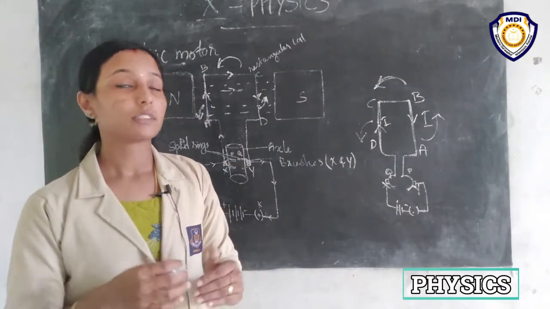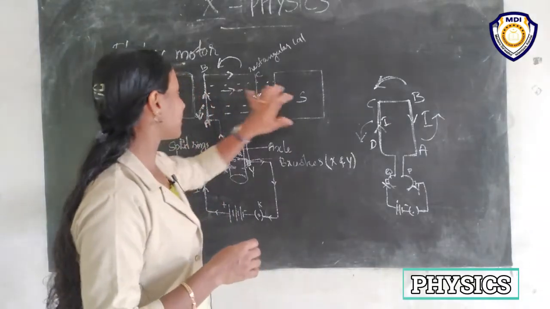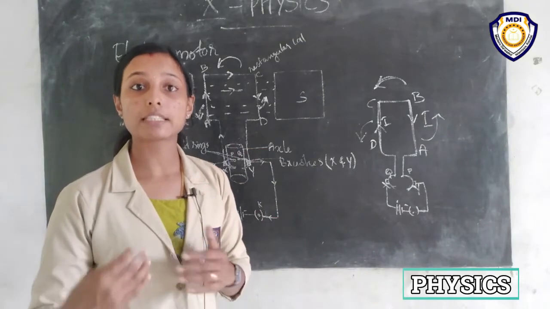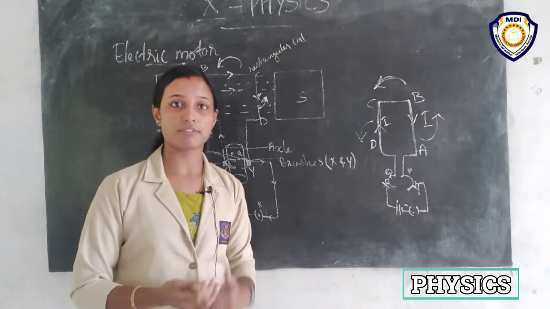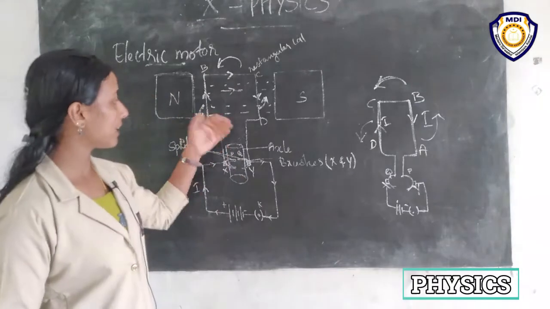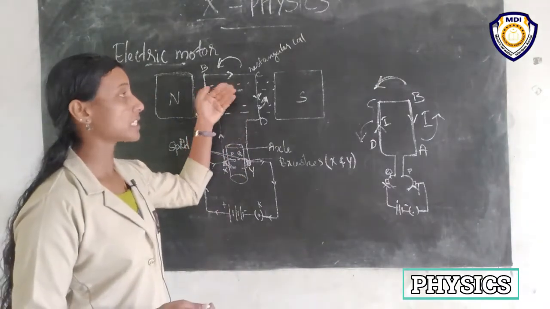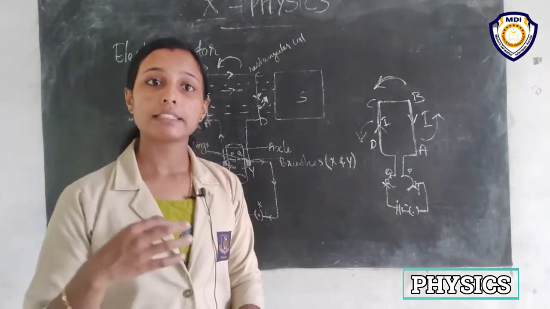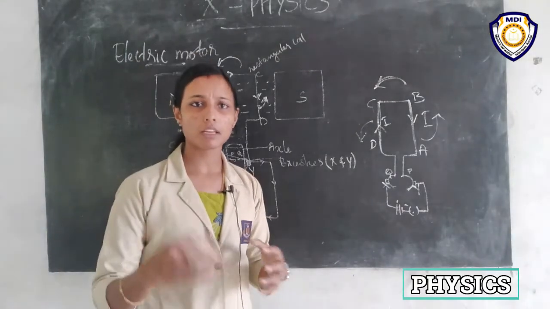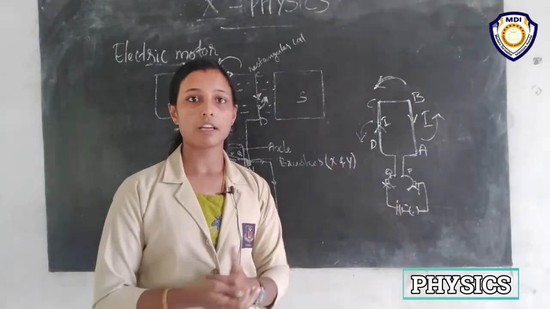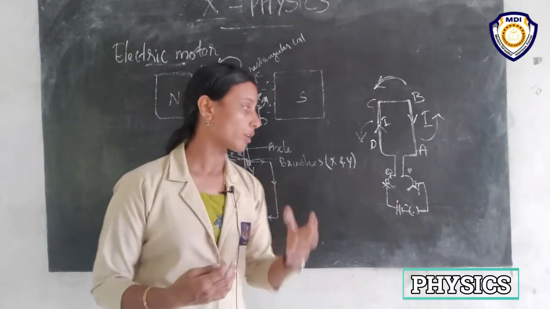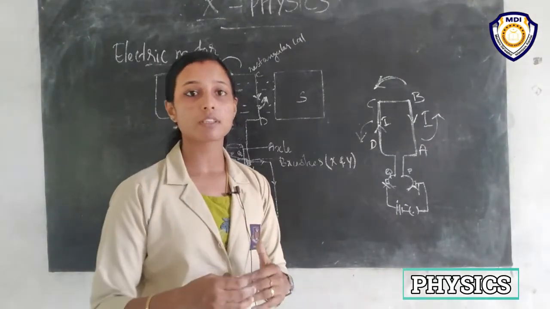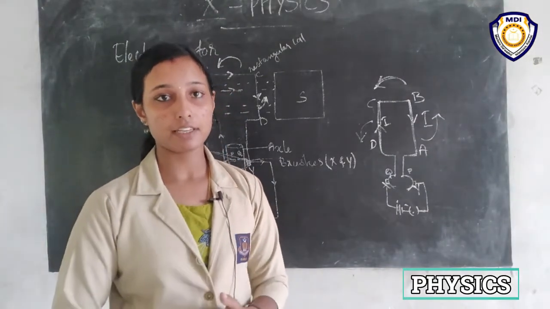And within a commercial motor, instead of this magnetic field, we use electromagnets, right? So the electromagnets provide a high magnetic field, and also we can increase the number of turns on this rectangular coil. When we increase the number of turns, that also produces more strength to the motor. So that will produce more mechanical energy.